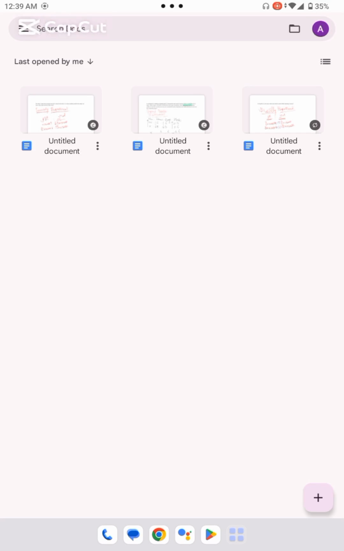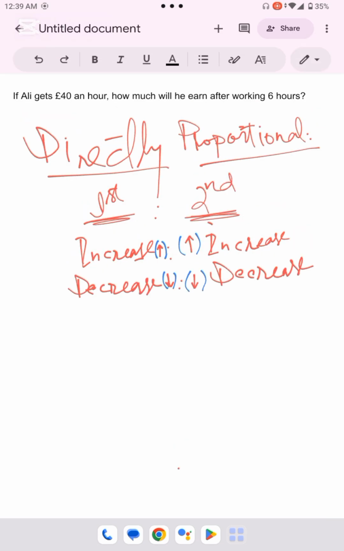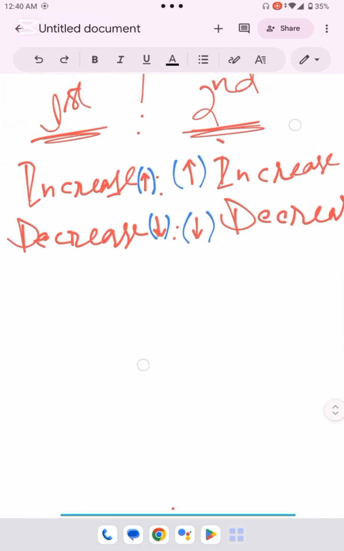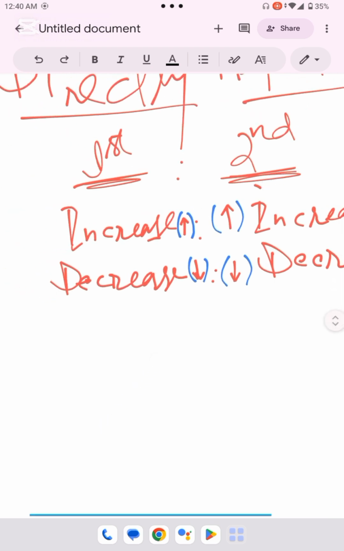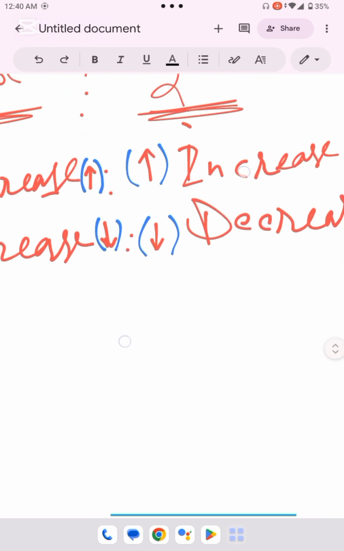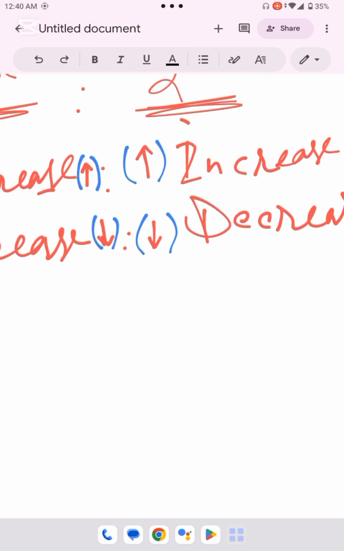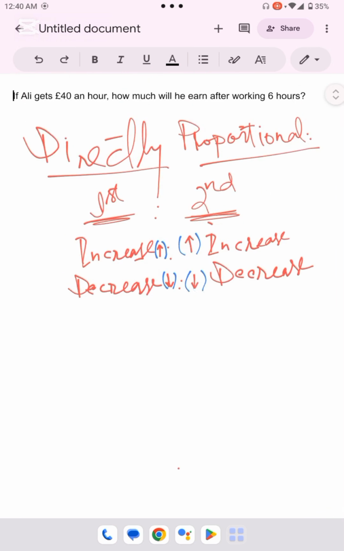So we were talking about the types of proportions. This is the very first type of proportion, directly proportion. Normally, we call it directly proportion. The directly proportion says if the first quantity is increasing, the second quantity is also increasing with the same rate. And if the first quantity is going to be decreased, then the second quantity will also be decreased with the same rate. For example, if Ali gets 40 pound an hour, how much will he earn after working 6